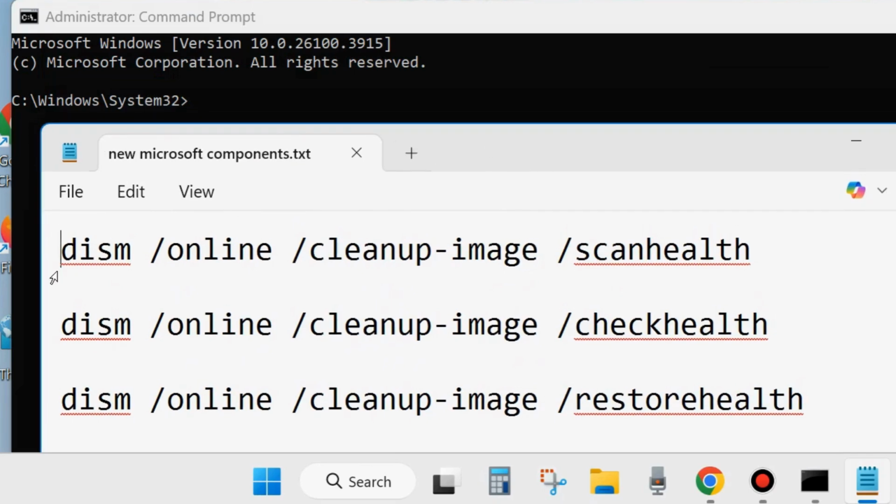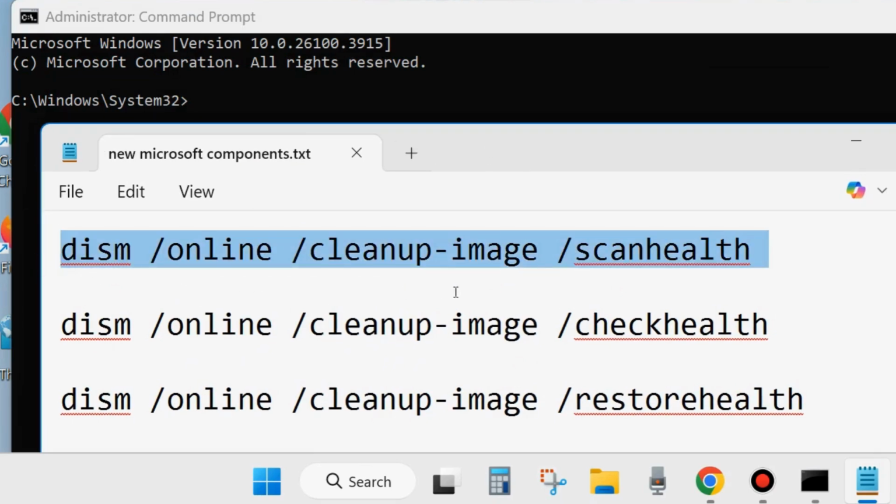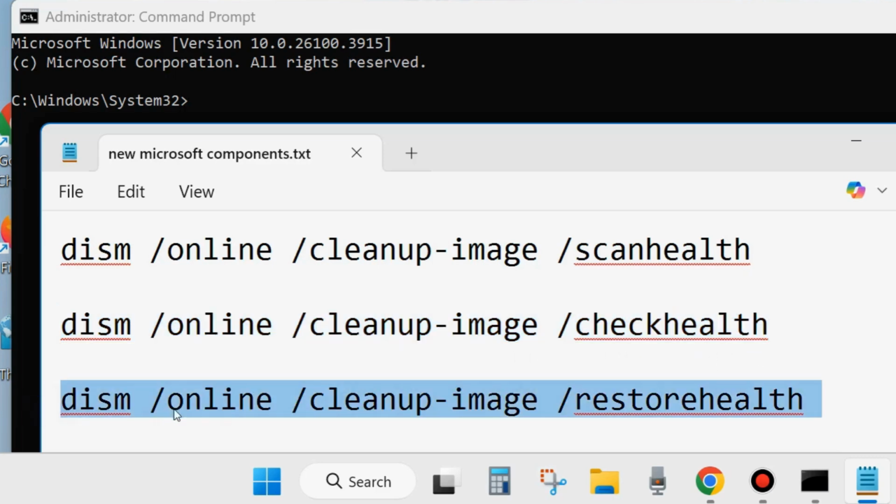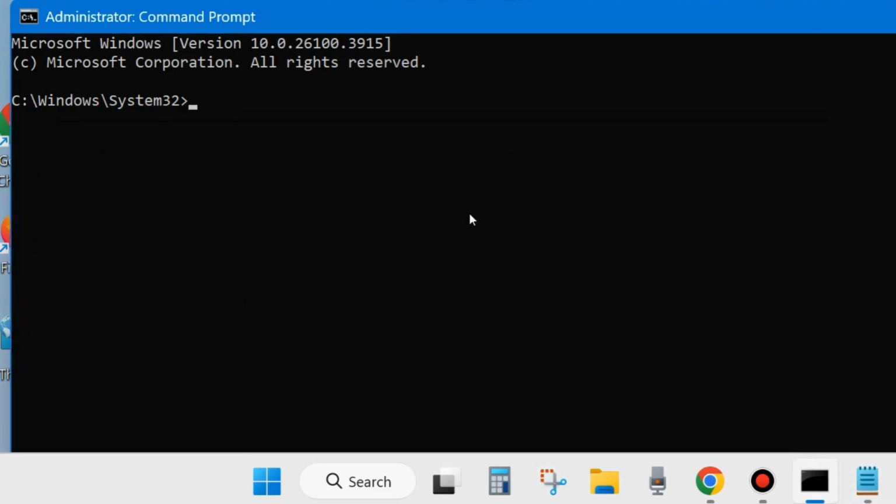DISM /online /cleanup-image /scanhealth, DISM /online /cleanup-image /checkhealth, and DISM /online /cleanup-image /restorehealth. Execute all these three commands one by one, followed by the enter key each time in Command Prompt. And once these three commands have executed successfully, execute the command sfc /scannow